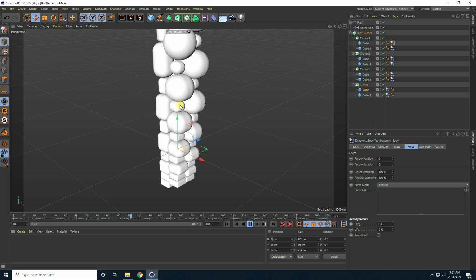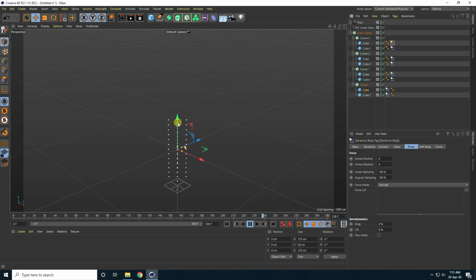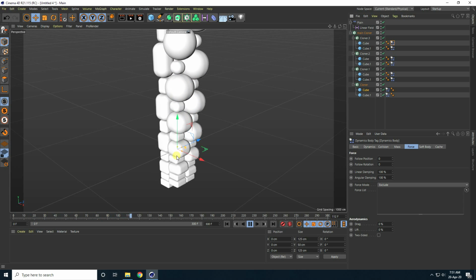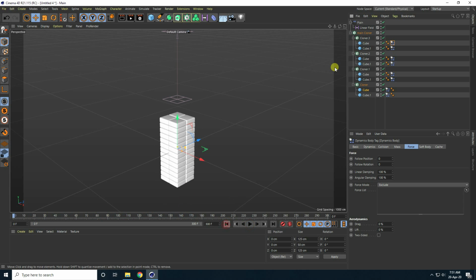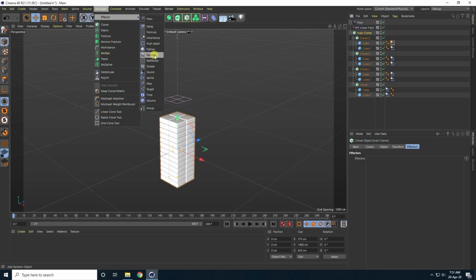Right? Okay, so guys, now I apply the random effector tool. Yes, that's really good. So select this main cloner, this one, main cloner, and use the random effector.